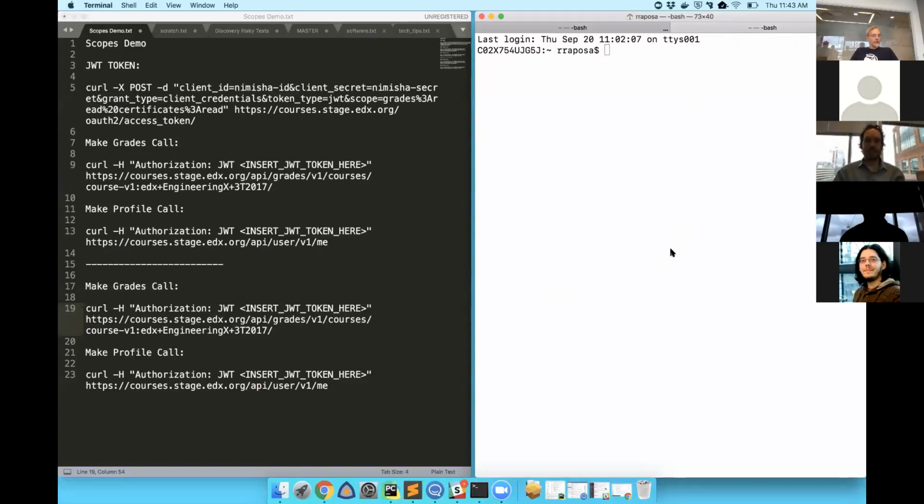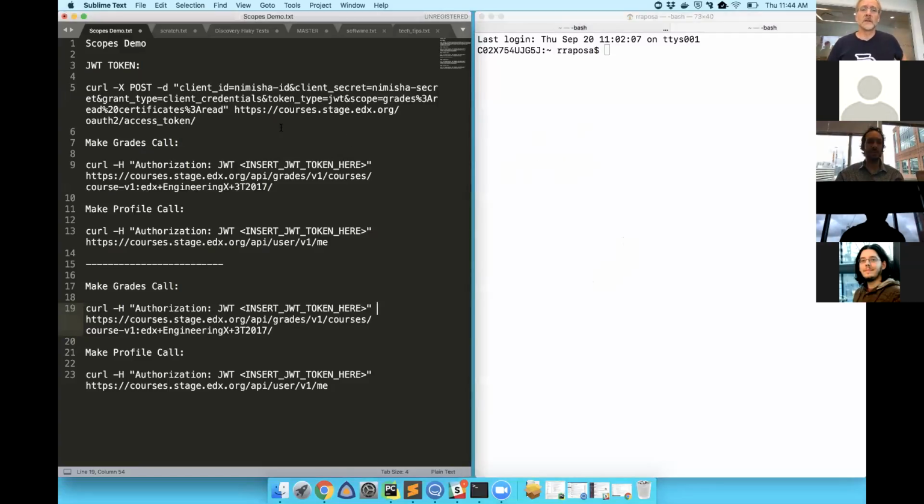So I am Robert Poza on the architecture team here at Edx, and I'm going to be demoing our OAuth scopes work, which was contributed by Microsoft and worked on heavily by Misha here and Doug and possibly others. Misha, let me know if there's anyone else I should mention. But I'm just going to do a very quick demo. Is everything large enough to read and see? Okay, so this is a reasonably technical